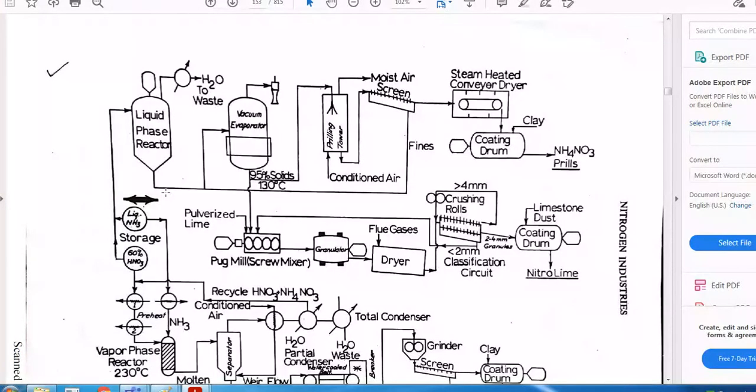So here our basic reaction is what, sir? Ammonia reacts with nitric acid to form ammonium nitrate. Now basically how to start a reactor? We will close the bottom valve of the reactor. First point is the operator will have a checklist, which we call a batch sheet. He will see whether the reactor is clean or not. After the batch processing is over, cleaning of the reactor is very important.